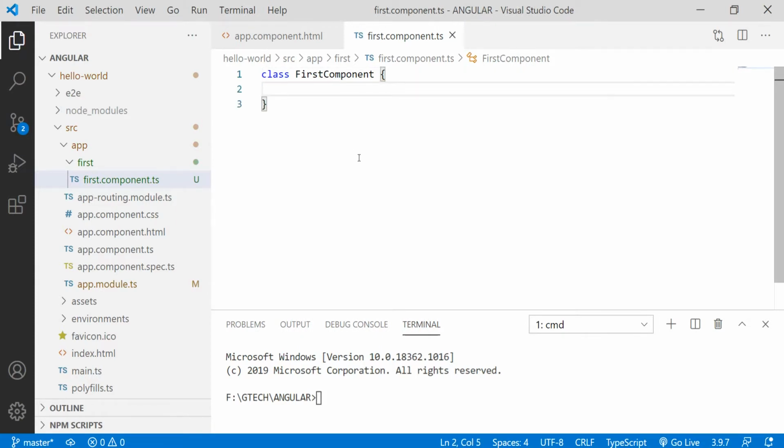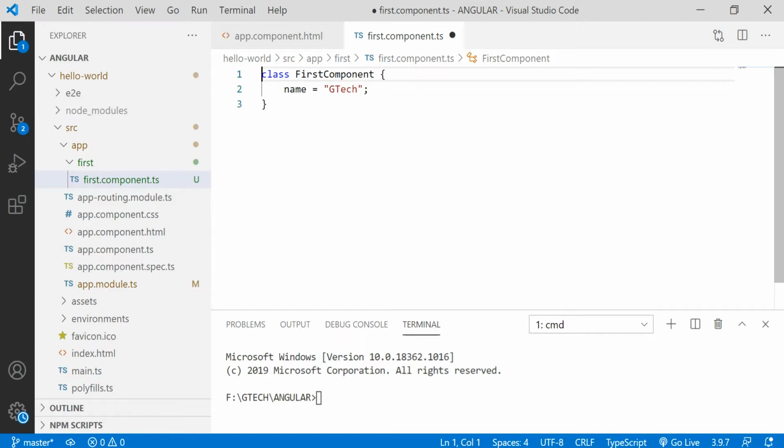This class can take properties and functions. Let me create a property called name and assign a value called gtech. Now this is a normal TypeScript class with one property called name.